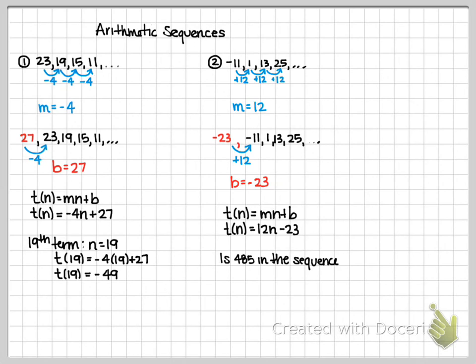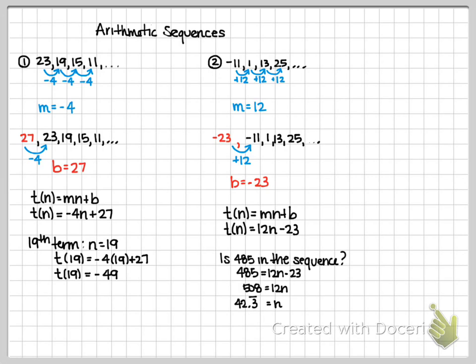So what I'm going to do is take my t of n equation and put the 485 in its place. So instead of solving for t of something this time, I'm actually solving for n. So if I go through and solve that, if I do 485 plus 23 to get it to the other side, that's going to give me 508 is equal to 12n. And then the last thing I'm going to need to do is divide by my 12, which is going to give me